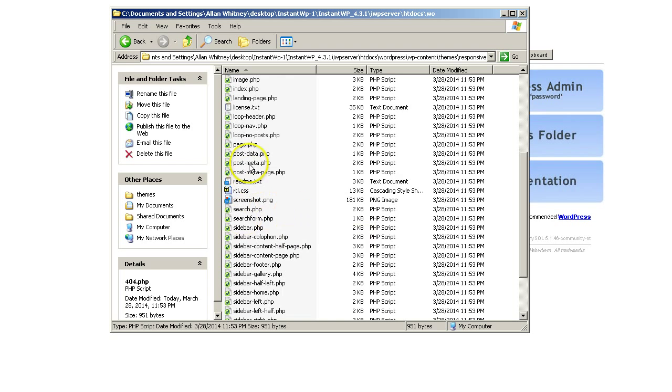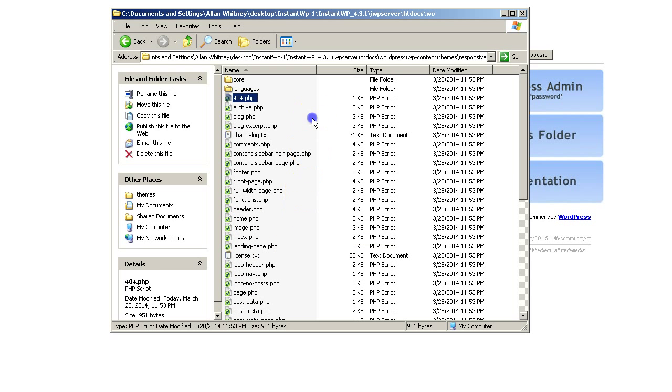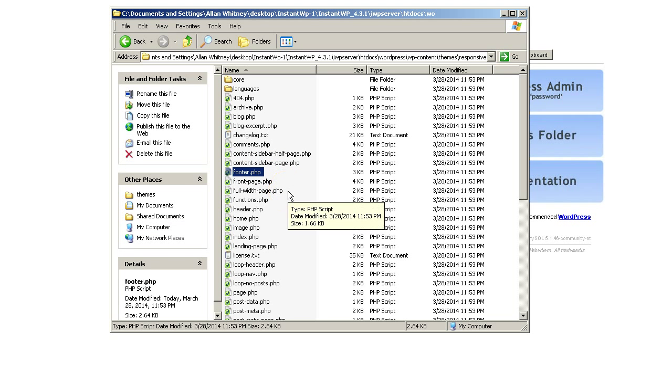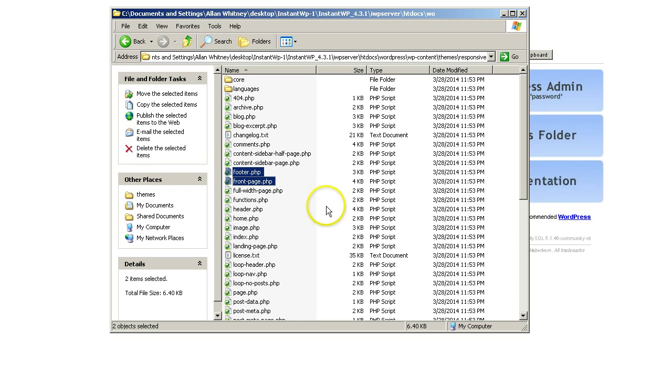Okay, you can just select the individual files that you are editing. Let's say header, etc. Actually, that's what I'll do. I won't do everything. I'll just keep it simple. So I'm going to select footer. I'm going to hold down the control key. I'm going to select front page PHP, full page, header, home,